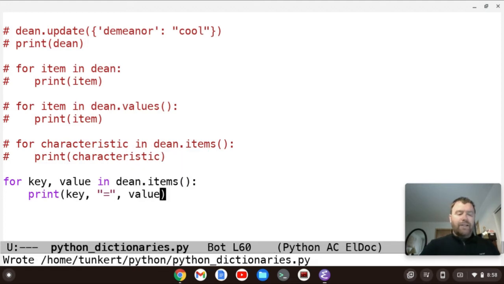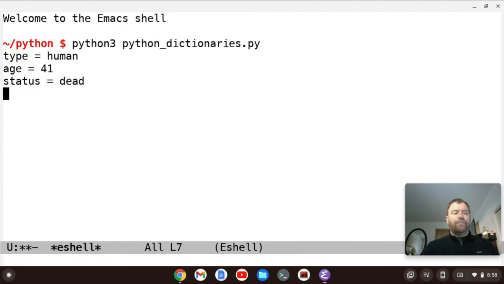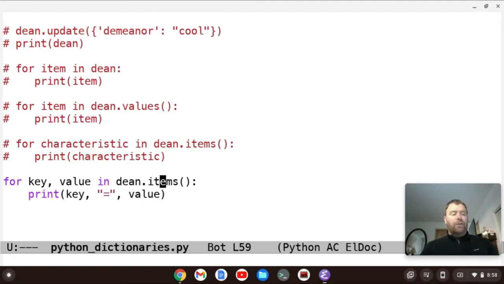Okay, so let's see what this does. Now if we run it, we get type equals human, age equals 41, status equals dead. So that's a lot better formatting than when we had it in parentheses like before. Okay, so that's one thing we can do. Let's comment this out.